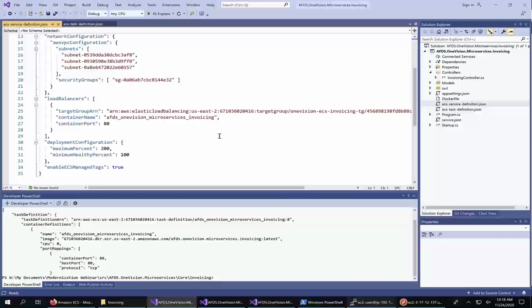This is helpful from a security perspective. Because ECS integrates with Elastic Load Balancing, the ECS orchestrator will automatically register the containers into the load balancer's target group. This configuration looks good, so let's deploy this service using the AWS CLI.